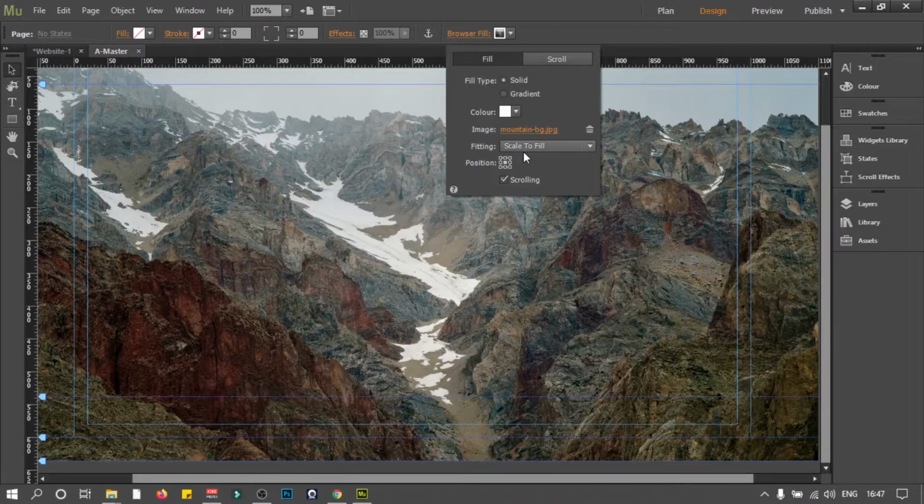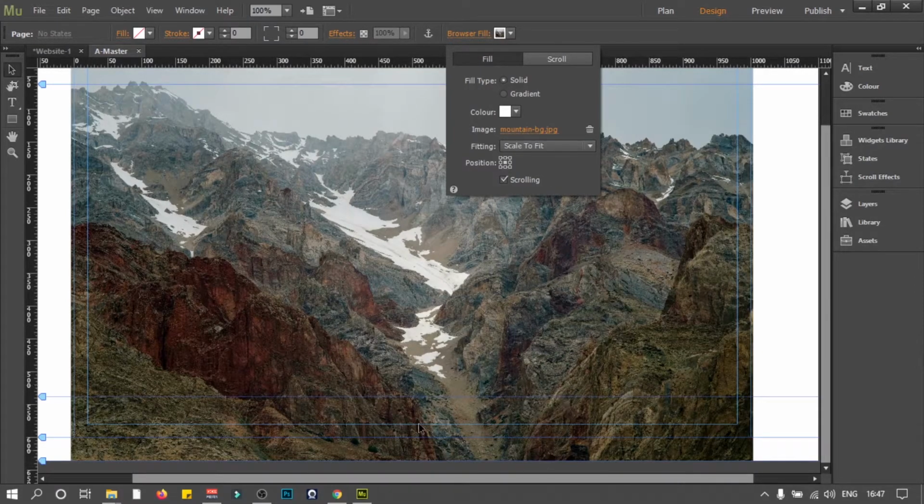Now there's also an option to scale. I have scale to fill, and that just fills the entire page. But I can also make it scale to fit. Now you realize this is just